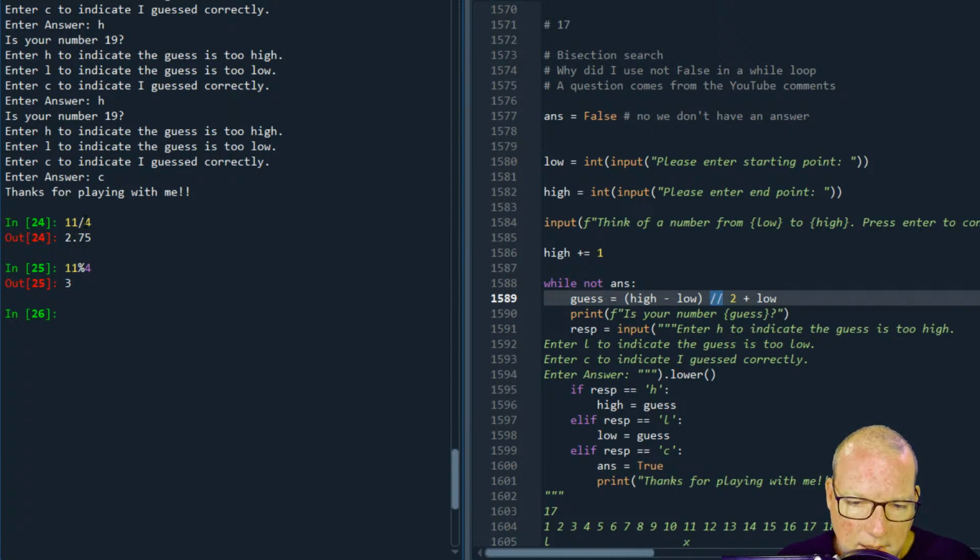And that's why we have 3/4. 3 divided by 4 is 0.75 or 3/4. Now, our whole number is 2. So if I do 11 floor division 4, my output is 2. So I'm guarding against floats with my floor division right here. Does that help?